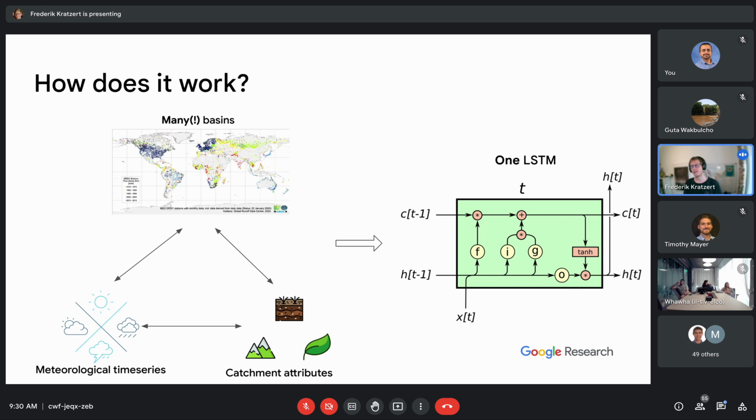And the other point is, and that's the link to the video, you want to train the LSTM on a combination of meteorological time series features and static catchment attributes. And this is really important, because only if you provide additional static catchment attributes or some form of features that allow the model to differentiate between catchments, only then it is able to learn a transferable understanding of the hydrological processes.